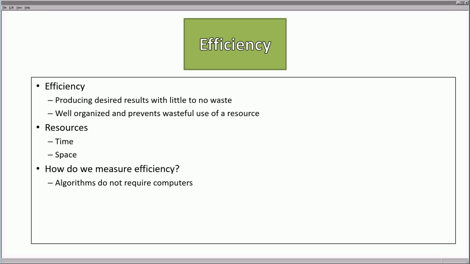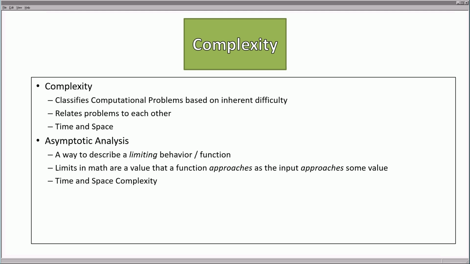In a previous lecture, we started discussing efficiency, and this is producing some desired results with little or no waste. The type of efficiency we were looking at was time and space. And we also looked at how we can start measuring efficiency. We then moved on to the concept of complexity, and this is a way that we can classify computational problems based on their difficulty. Now, in order to measure the complexity, we introduce asymptotic analysis, and this is a way